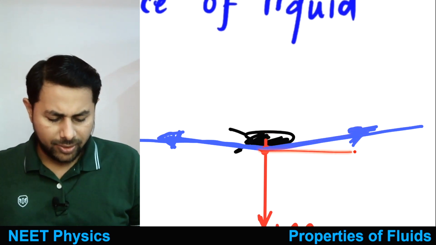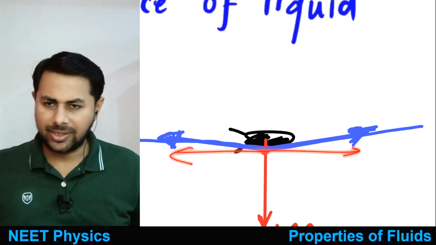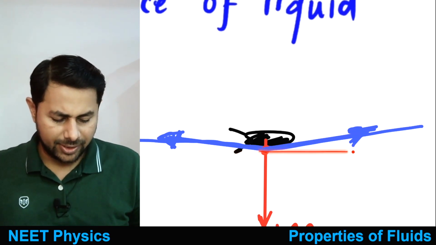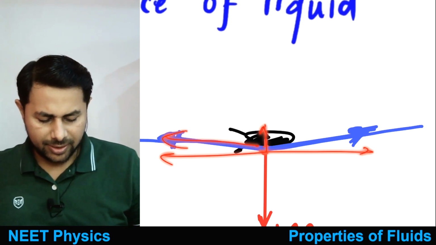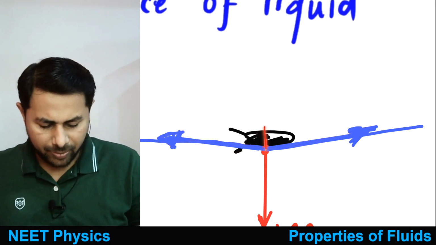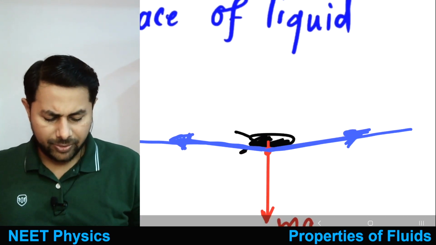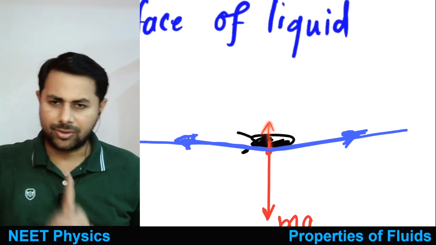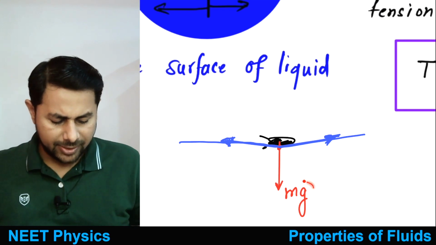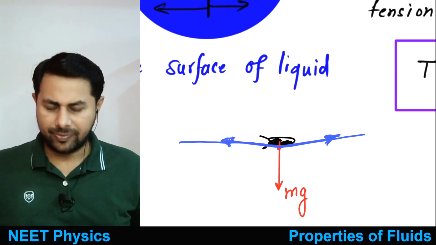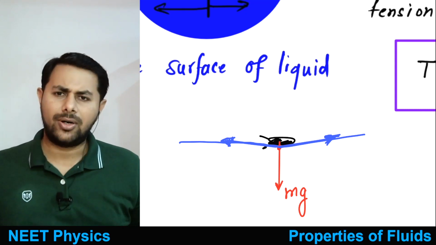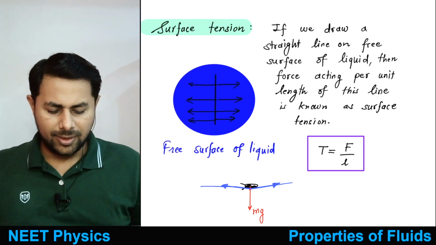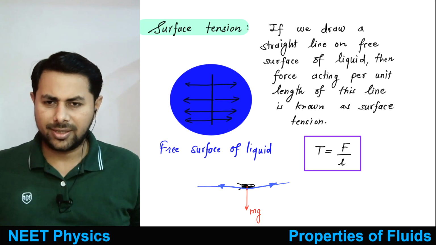The horizontal components of the force due to surface tension get cancelled out, and the vertical components get added up, and therefore the net force due to surface tension would be upwards. This will balance the weight of the insect, and that's why insects can crawl over the surface of water or some liquids. Okay, this is clear,